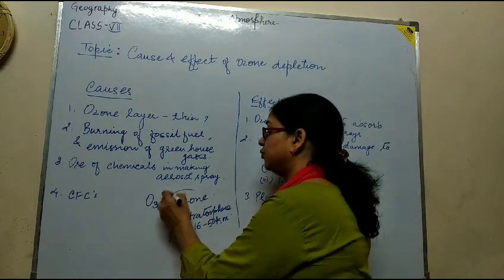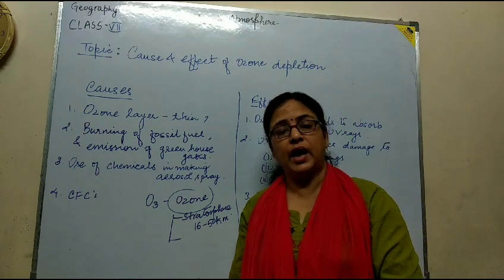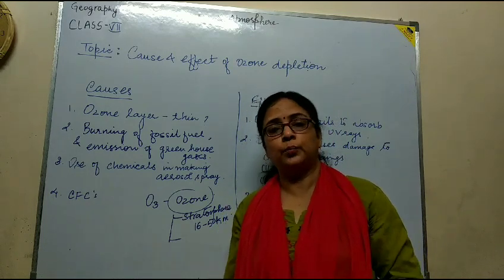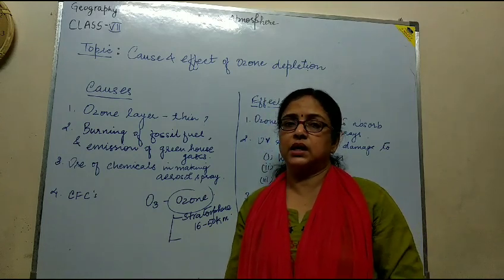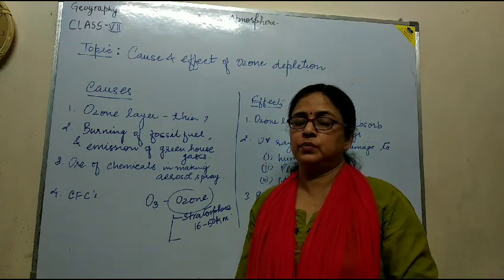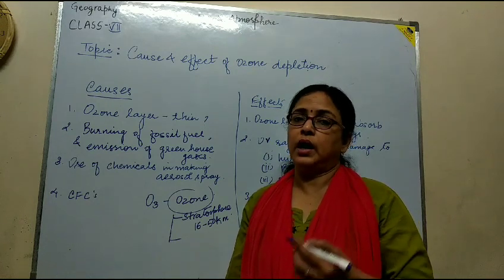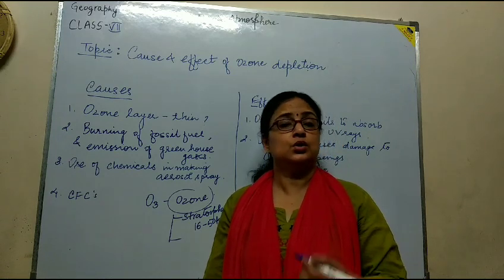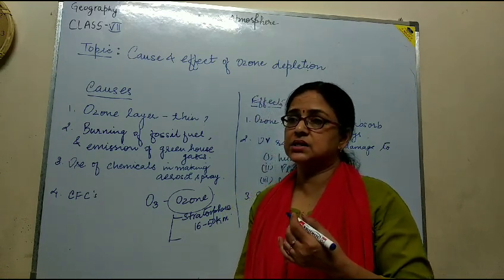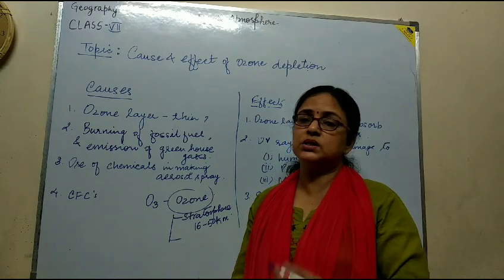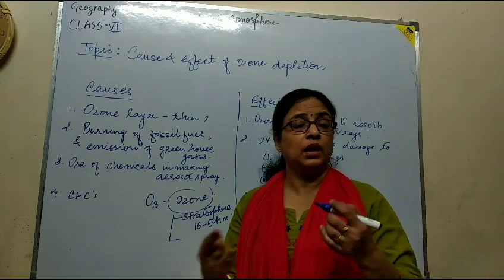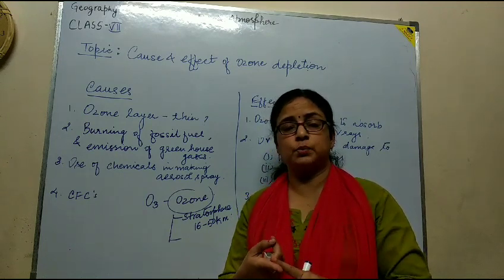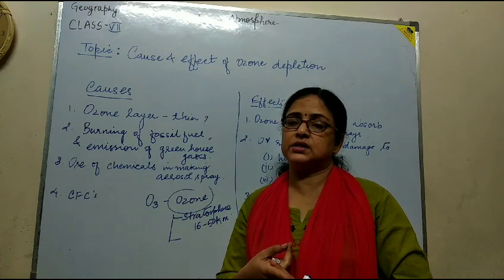Now, what's the role of this ozone layer in the atmosphere? Dear students, we already know that the sun is emitting enormous heat in the form of energy and light towards the earth. So the total rays it is reflecting towards the earth. In that radiation there are ultraviolet rays, the cosmic rays, the infrared rays.